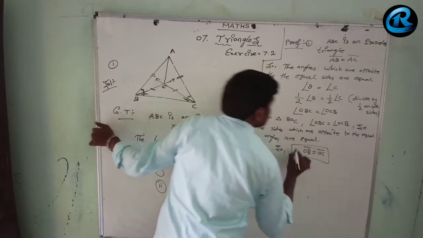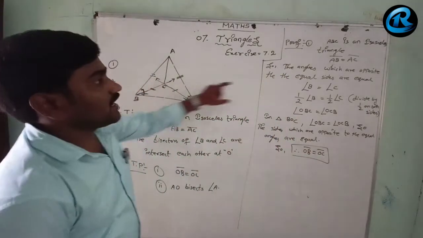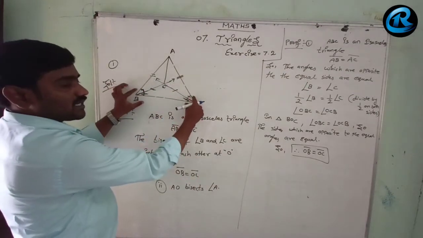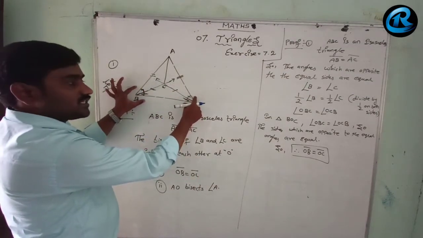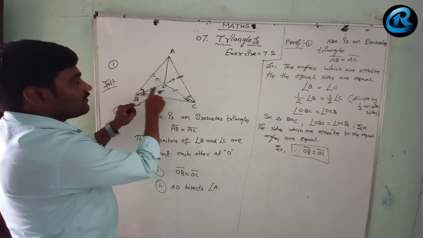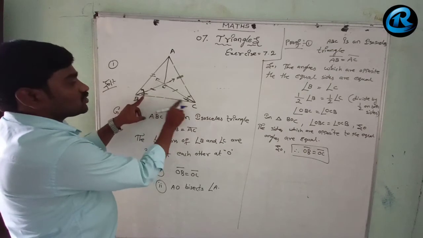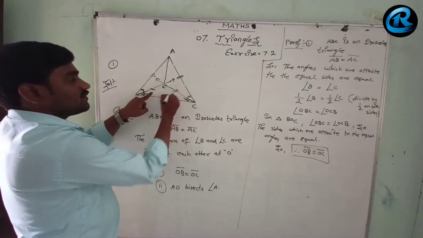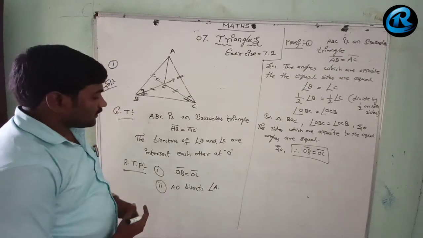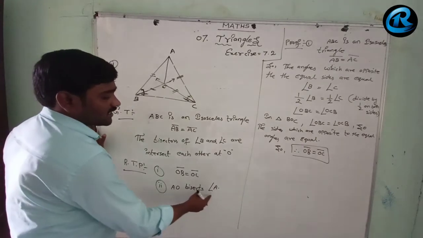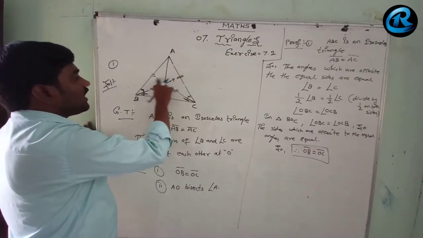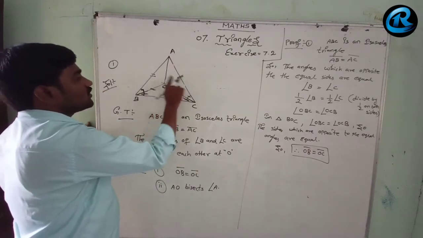See, two theorems I have used. Here the equal sides, these two sides are equal, so these two angles are equal. Whole angles B and C equal, so 1/2 of angle B and 1/2 of angle C, in triangle BOC these two angles are equal. So these two sides will be equal. Finished, now we have completed. Now we have to show that AO bisects angle A. So let us show it.